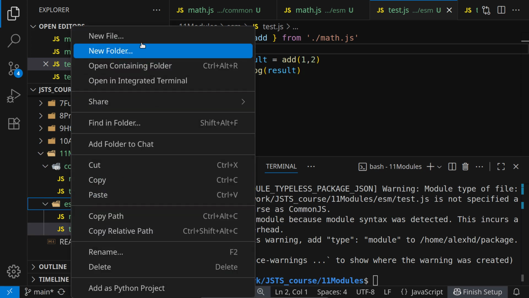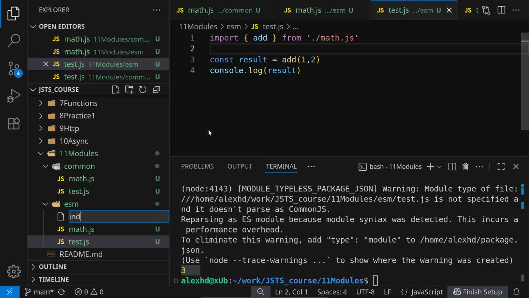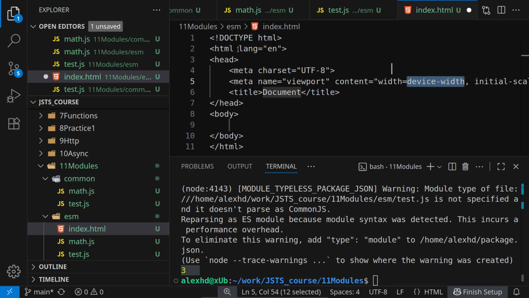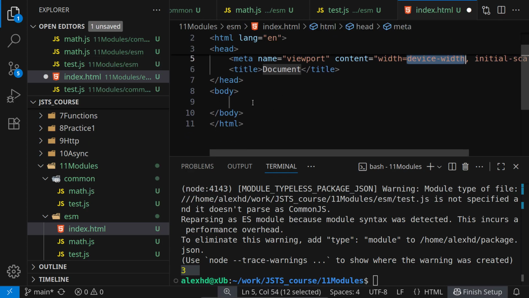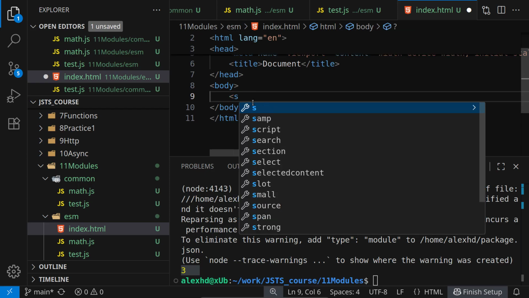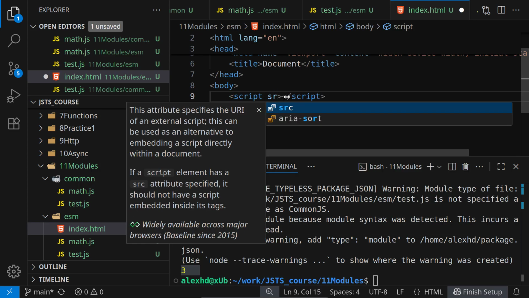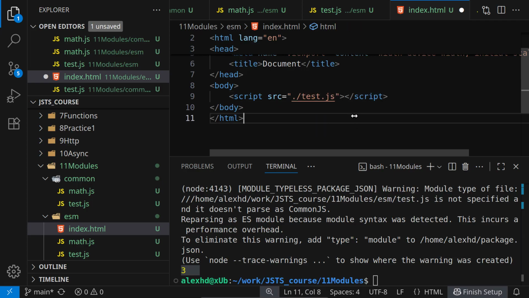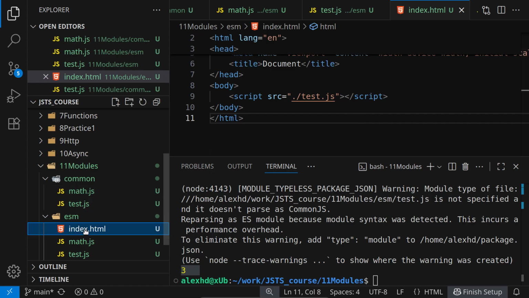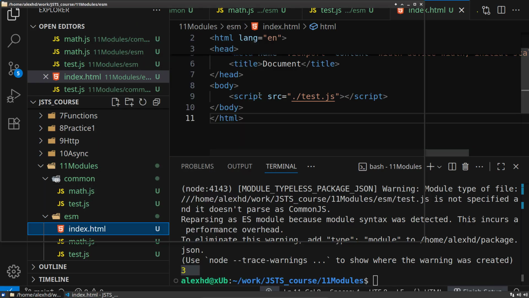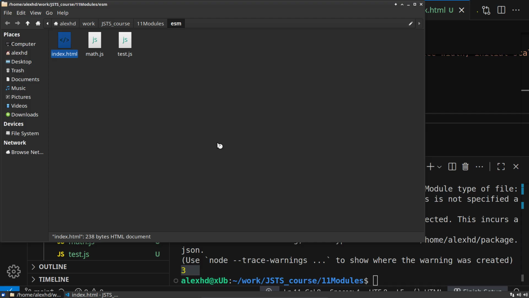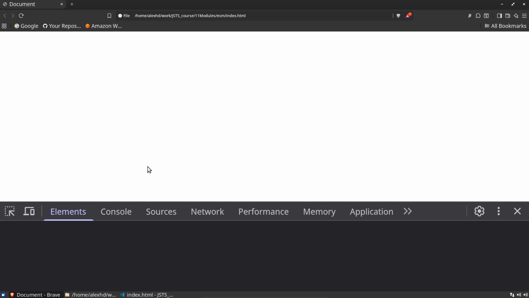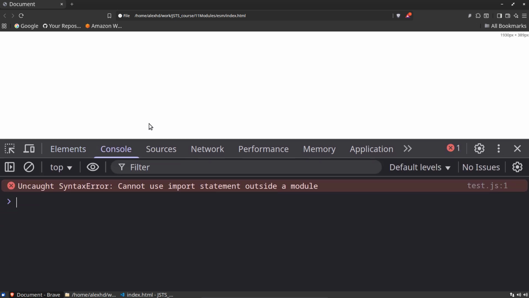So if I will create right here a new file, and I will call this index.html, again, I will use an Emmet abbreviation for a sample file. We have the option right here to create a script, and the source of this script should be our test.js. Let's see if this will work. We will have some adventures making this work also. So if I will open this file and I will inspect it, looking at the console,